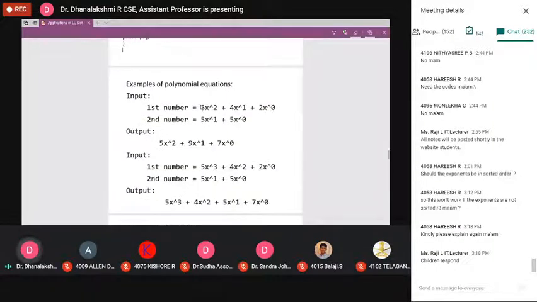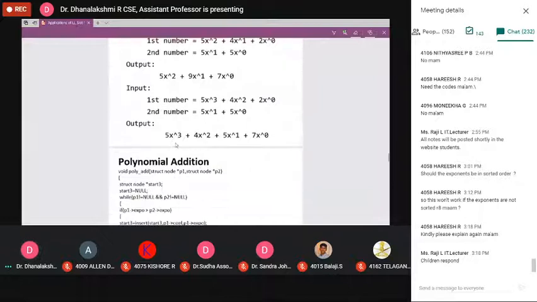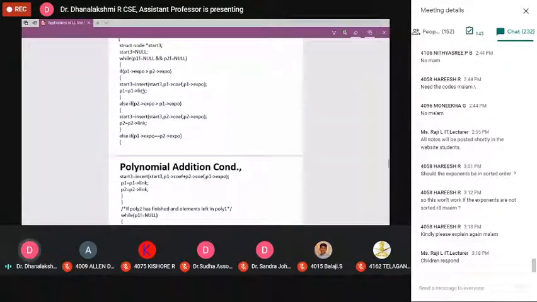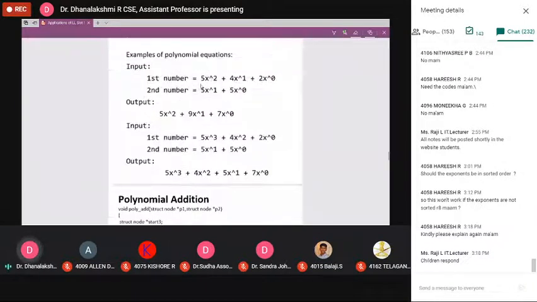I told you this is the bigger exponent, so we need to copy this term alone into the resultant list. Call the insert routine with the resultant list argument, comma, P1 of coefficient and P1 of exponent. So the term will automatically be copied into that resultant list.